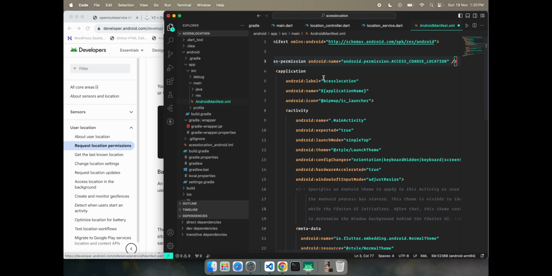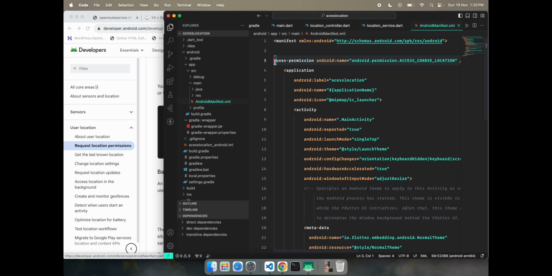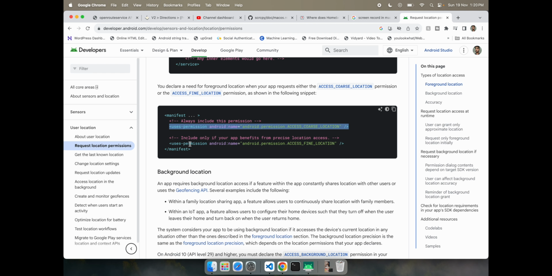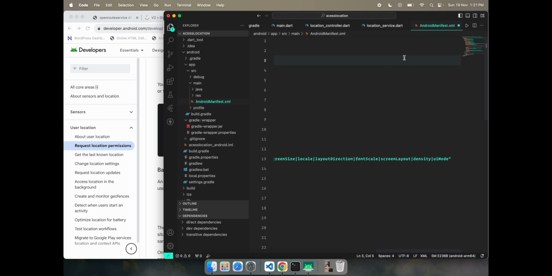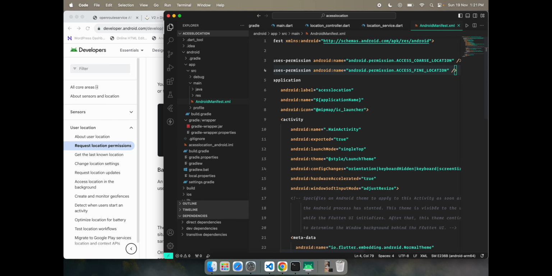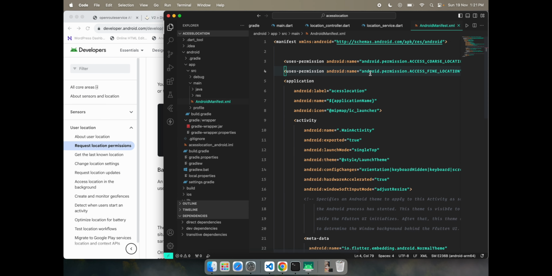So here one, and this second is this one we need to add. If we want to access the find location, then add this, otherwise this is fine. What is find location? That is, it is accurate. Okay, done. And for the iOS, we need to add